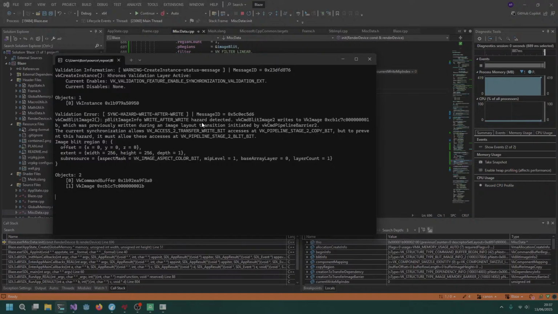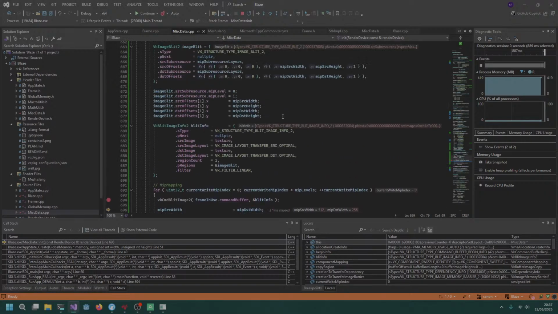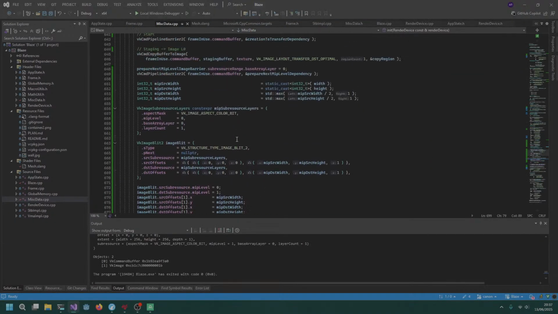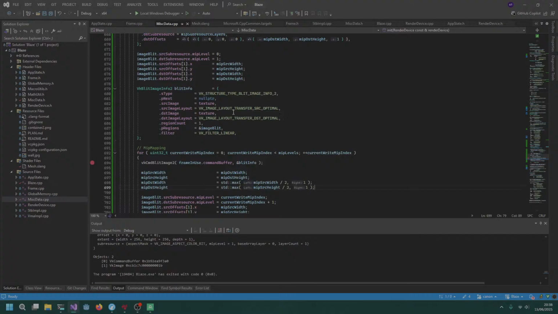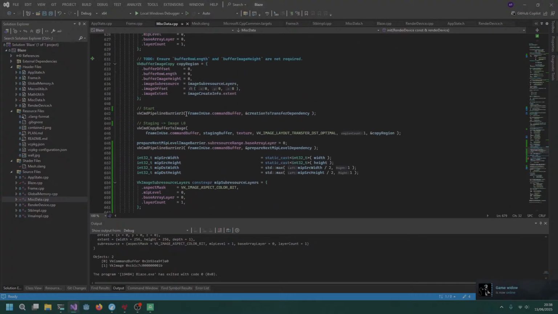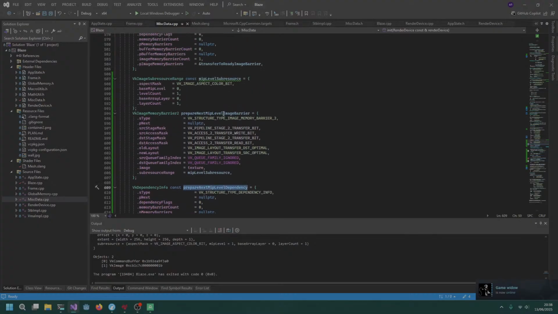So we did a write after write hazard. Command blit image writes to the image, yes, which was previously written during image layout transition initiated by command pipeline barrier 2. Okay, what does this mean? So the issue here is actually quite nice. That's fairly understandable now. Okay, so we only did a pipeline barrier up there, prepare next level of dependency, prepare